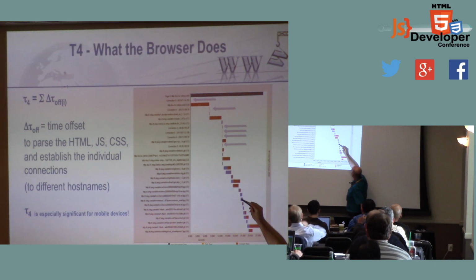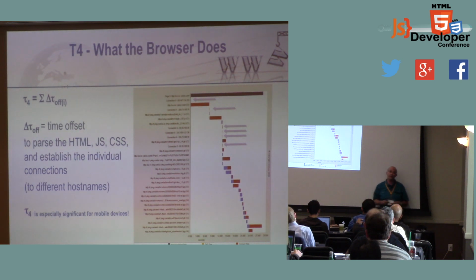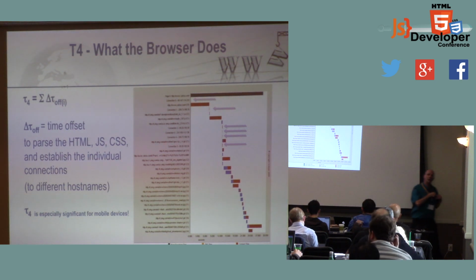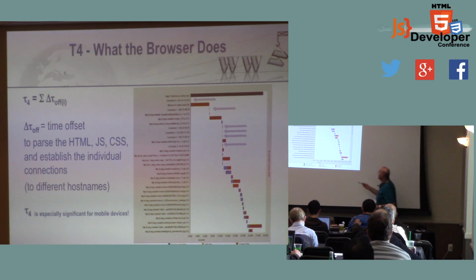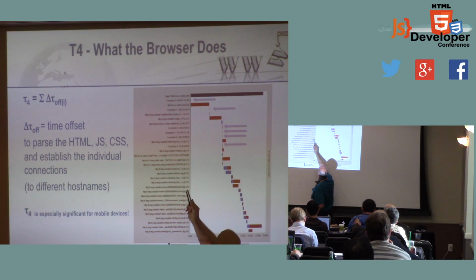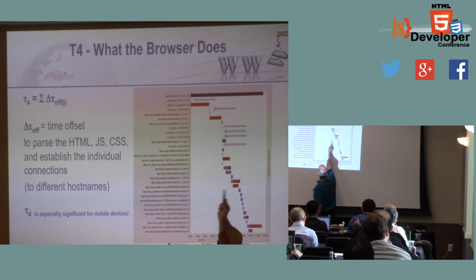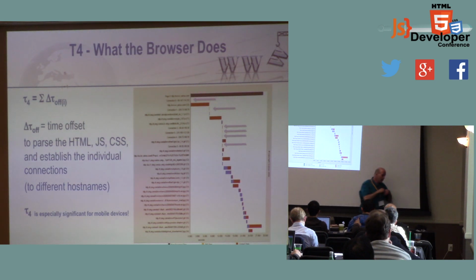And you can see that there are some places here where it looks like the server was working hard. Remember, blue is T2, right? The server duration. You have to wonder, why is there server activity for what are commonly static objects? And if you look, you say, oh, they are static objects. I mean, hell, that's a GIF. How much processing time does it take, right? Obviously, something got queued somewhere,